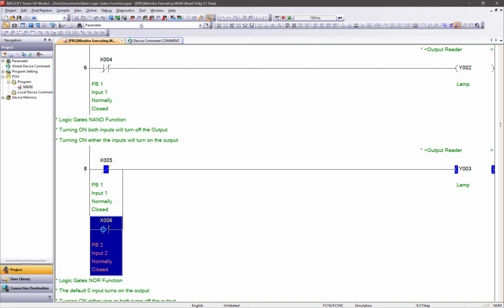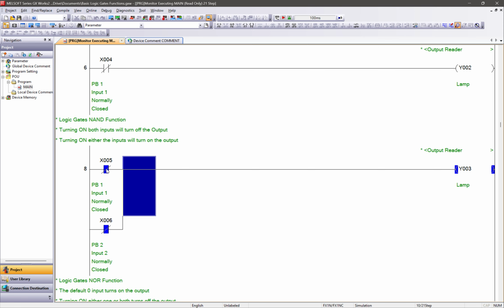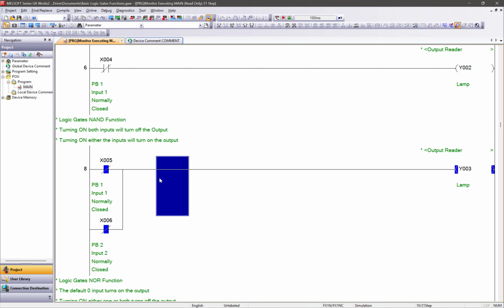Since the default function, to explain more clearly, the normally closed contacts are already turned on, but it is in truth tables 0.